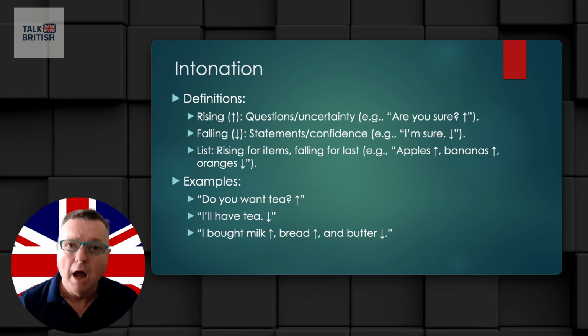And so, I'm sure. It's quite statement-like. It's confidence. It's no doubt that this person is pretty sure. And then we have a combination of rising and falling, as in most languages. But when you're using, say, for a shopping list, in this example, you would give a list out like, okay,